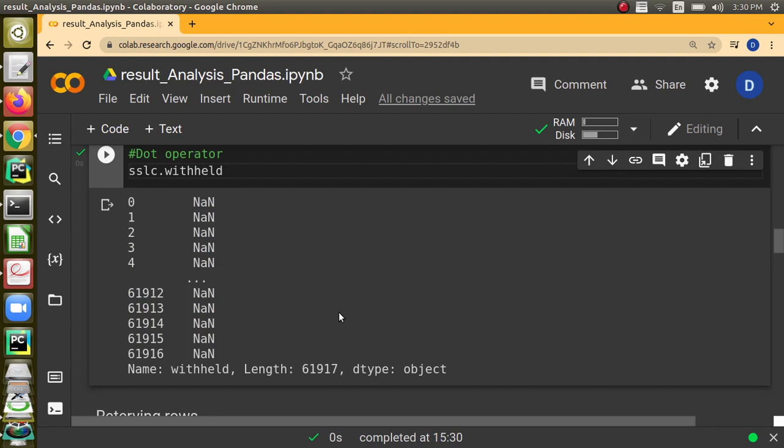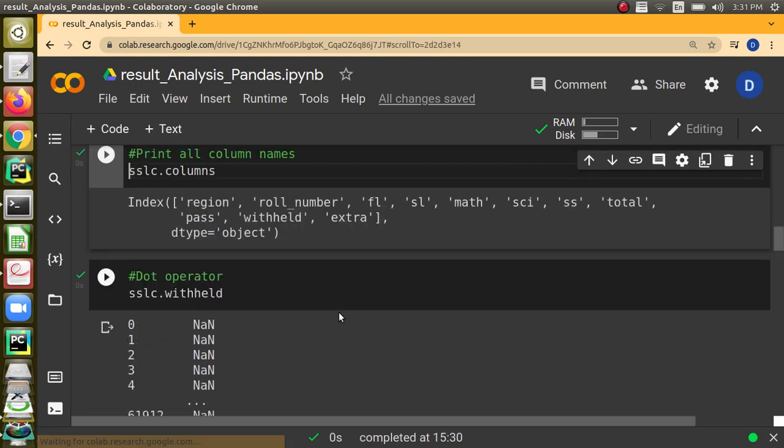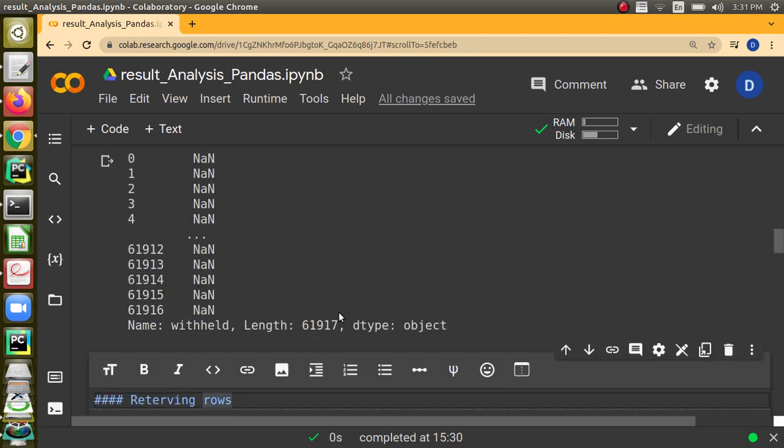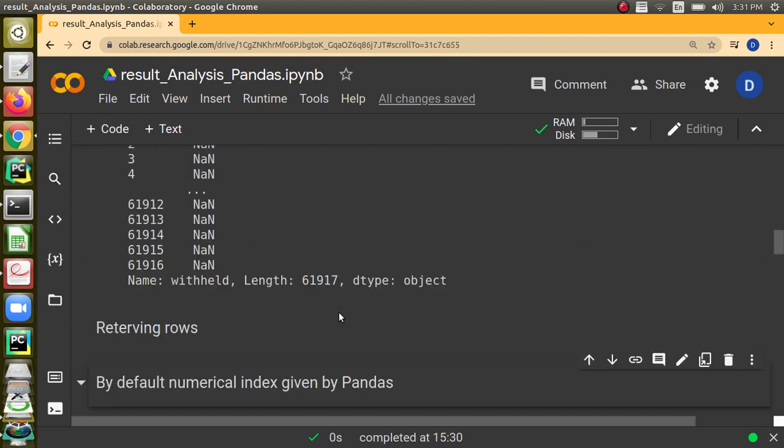This is also fine, and this dot operator will be helpful in certain situations, but in all situations square brackets will be helpful. What I am trying to say is, in some cases if your column name has a space or something, then it is not possible to use dot. We have to go for only square brackets and within quotes. So it's our convenience, we can use either, but it depends on the column names and other types of values when we choose the way in which we are going to access the column. Next we are going to talk about how to retrieve a row.